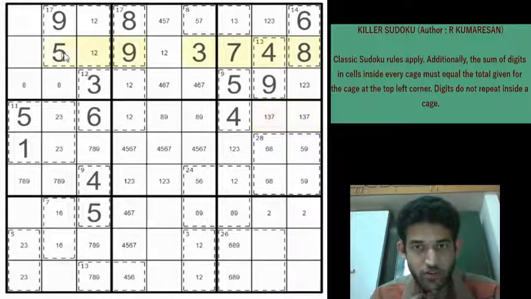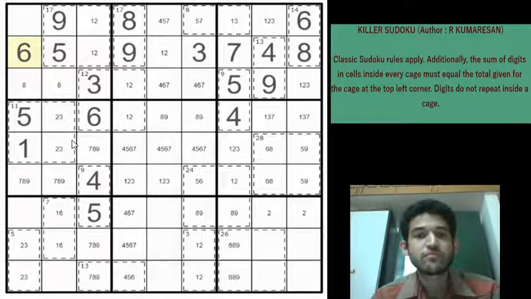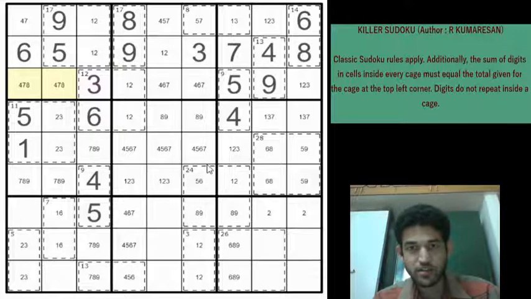So if you look at row 2, there is only one digit left. That will be a 6. So we can mark the 6 there. So 3, 5, 6, 1, 2, 9 have been marked. Remaining digits are 4, 7 and 8. So 8 is here. So this will be a 4 or a 7. And these two cells will be 4, 7 or 8. Right? We have a 3 here. So we can eliminate the 3 from here. So this will be 1 or a 2.